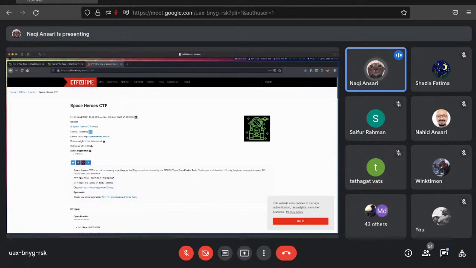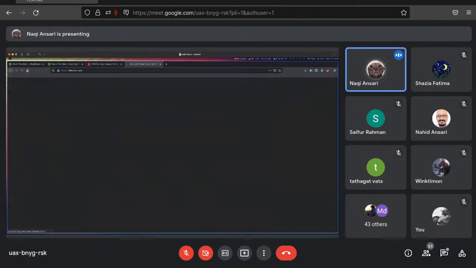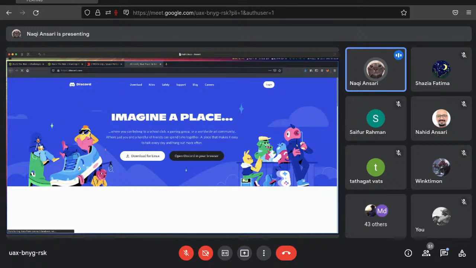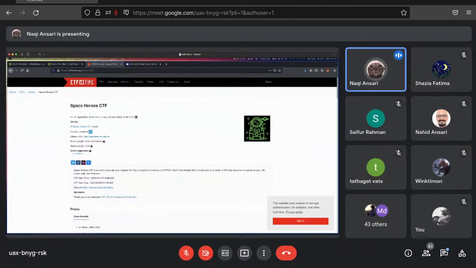I personally recommend you create a Discord account and join the cybersecurity communities out there. There are a lot of communities that you can join, meet CTF players, make your own CTF team, and participate in these events. Because doing it with friends will make it a lot more fun, and you will learn a lot more through collaboration when you're sharing each other's knowledge.